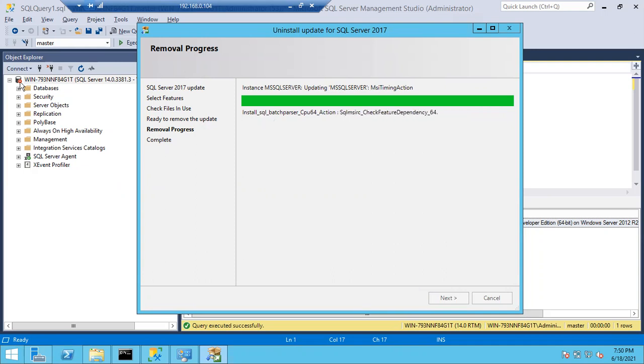See here, the SQL Server is in stopped state. It is showing a red mark, right? The SQL Server is in stopped state, which means during patching or removing the patch, SQL Server will undergo multiple reboots. So nothing to do here. Simply wait till the patch or patch removal is completed. Automatically SQL Server will come back again. So let it be. Once it is completed, I'll show you the impact, the result, and then we'll go for security.